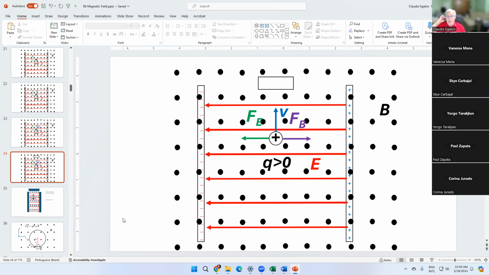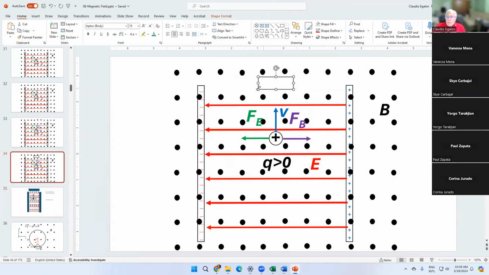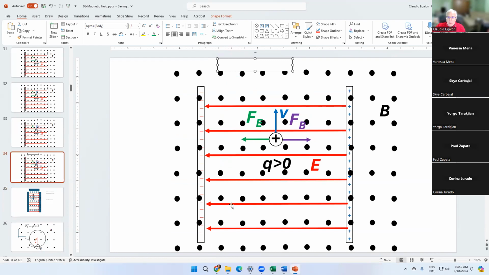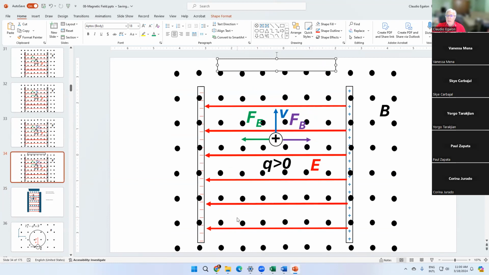So that's how the velocity selector behaves. We need the velocity selector before we go ahead and start talking about the mass spectrometer. Okay. And by the way, here's my detector. I'm going to put my detector a little bit far away. It can be larger because we may have other particles with the right velocity filling this volume, right? If the velocity is not right, they're going to escape through these two gaps here on the side.